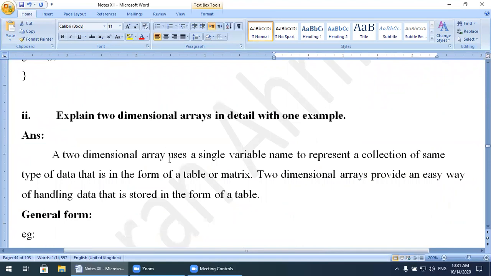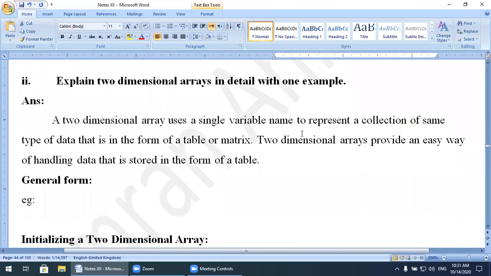one-dimensional array. Explain two-dimensional array in detail with one example. A two-dimensional array uses a single variable name to represent a collection of the same type of data, the same definition which we read in the one dimension. That is in the form of a table or matrix.